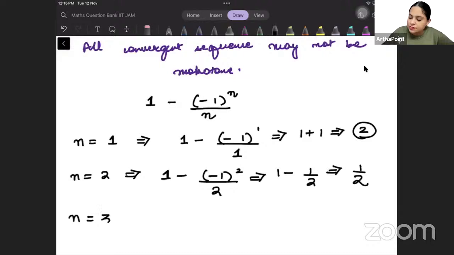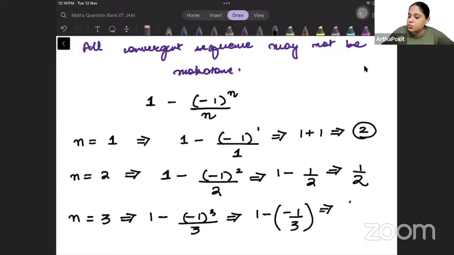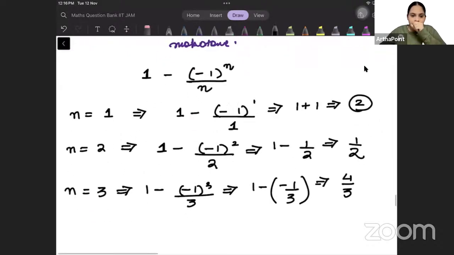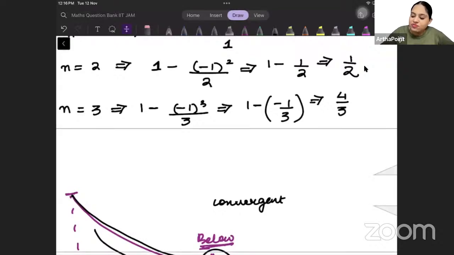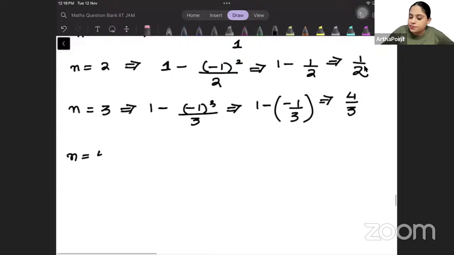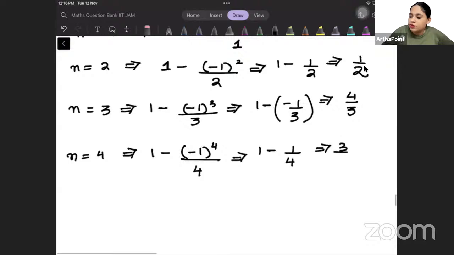Now take n as 3. So I'll get 1 minus 1 to the power 3 by 3, 1 minus 1 by 3, 3 plus 1, 4 by 3. I'll just take one last term here to prove my point. So I'll take n as 4. So I'll get 1 minus 1 to the power 4 by 4, 1 minus 1 by 4, 3 by 4. Okay. And when you take limit n tends to infinity, 1 minus 1 to the power n by n,